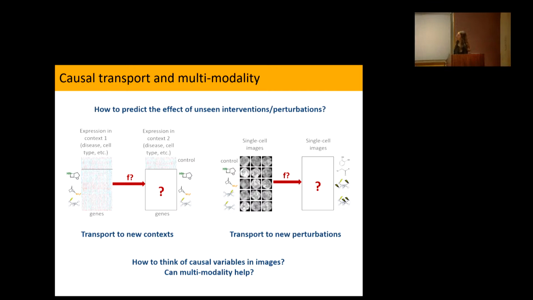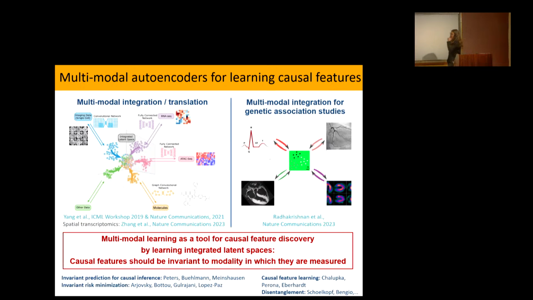Now the question is, how do we learn these latent nodes? How do we even get to these causal variables in this biological system? It's very clear, if you deal with images, that you have to learn what the causal variables are. Here is the suggestion, which I think intuitively makes a lot of sense, and we finally have some proofs as well: maybe having data from multiple modalities, even if it's not perturbations, might help you get causality. Here I first have a little bit of intuition for why that's the case.